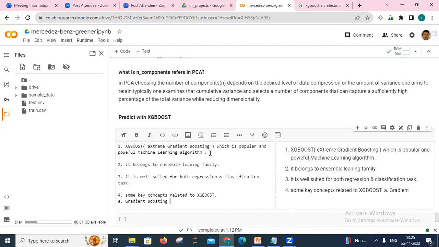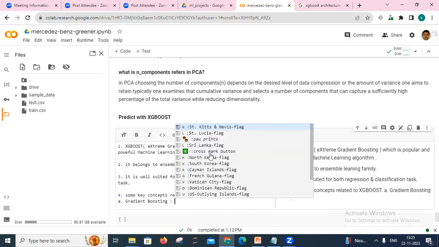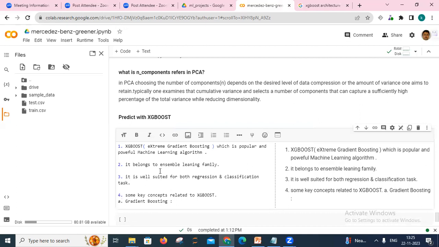I'm not going to discuss all the details of gradient boosting; I focus mainly on the XGBoost side of things. So we can write: XGBoost is an implementation of gradient boosting,